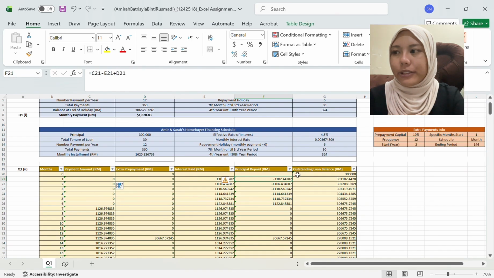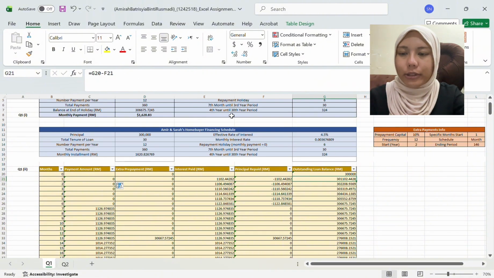As this formula, and column 4, update the outstanding loan balance in cell G21 here as our formula here. Okay, so for question 1.3,